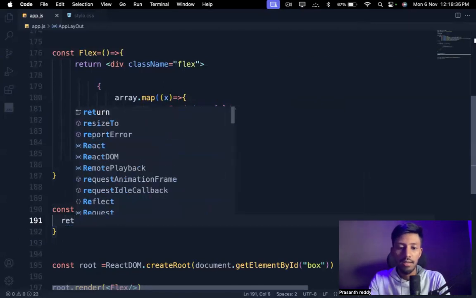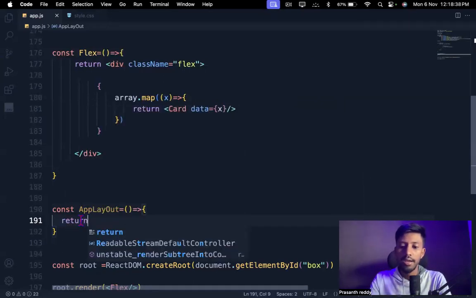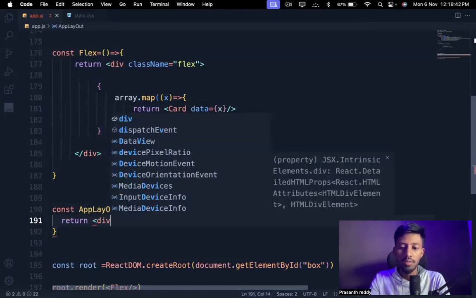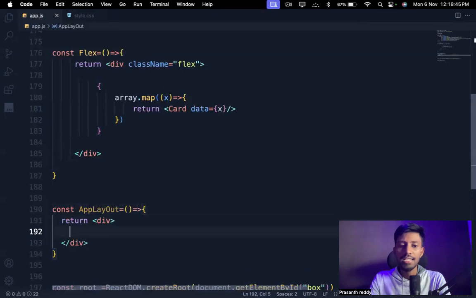Inside this return we need to write one div, guys.